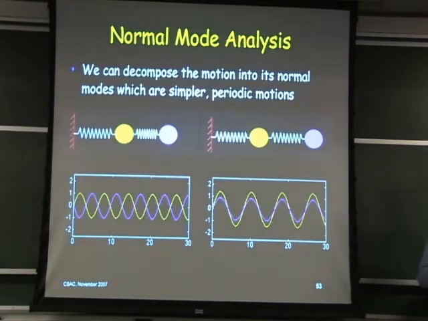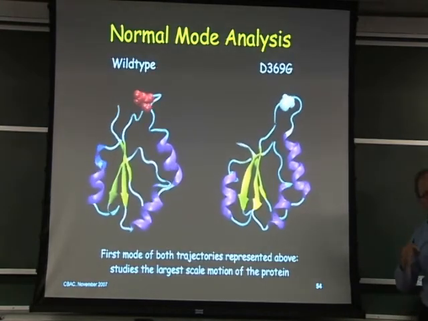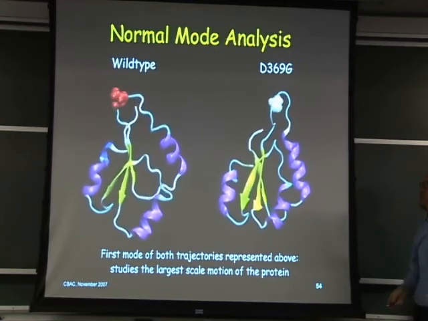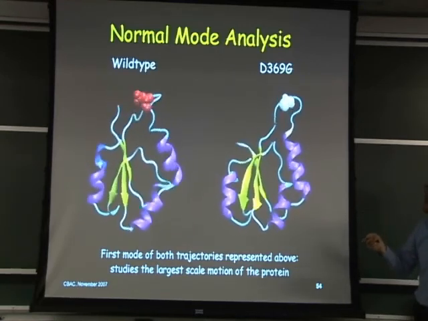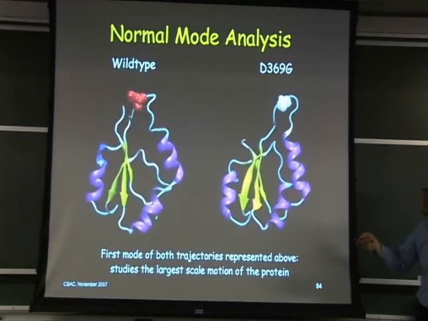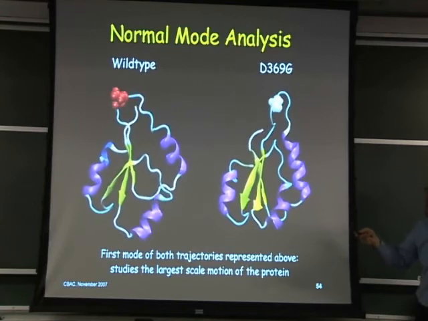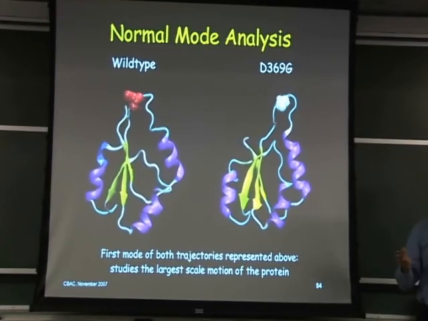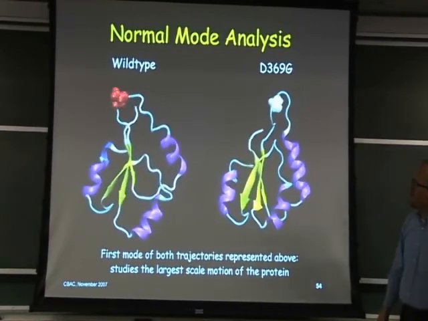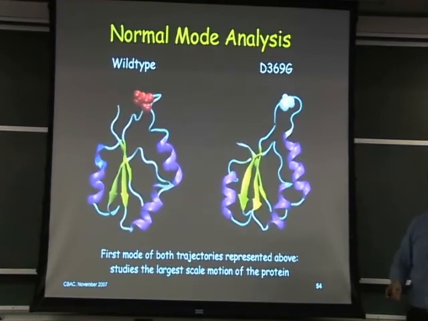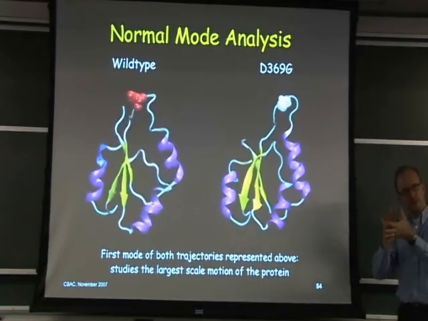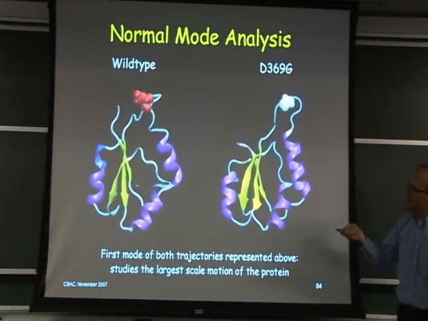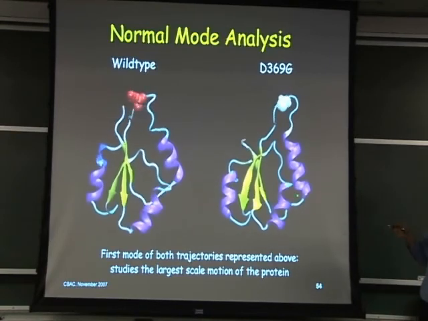We do exactly that same thing in this case. Now what I'm plotting is just the first mode. I'm looking at the extrema of the first normal mode for each of these simulations. We see it in the wild type, a fairly large degree of motion. Alpha B here moves to a very large extent. It's almost like the 2 halves of the molecule are communicating with each other through this DRDD loop. We take a lot of liberties in interpreting these types of motions, but it looks like through this half of this rock and fold, you've got the 2 parts of the molecule moving, and that this alpha B shows a large degree of movement compared to glycine here.